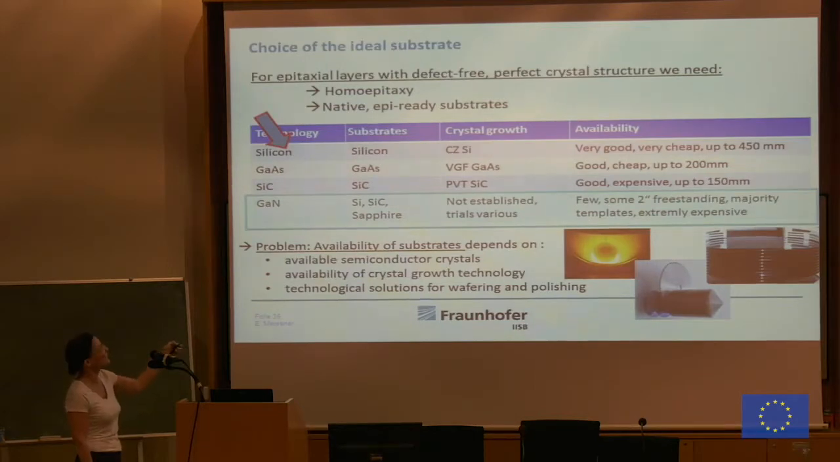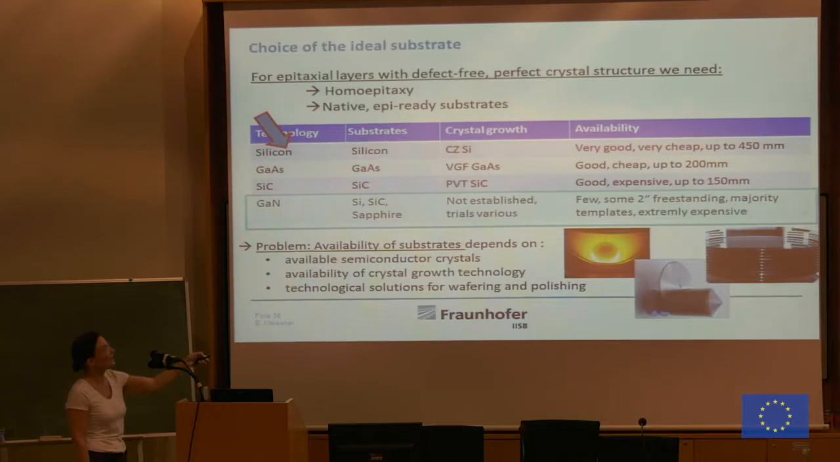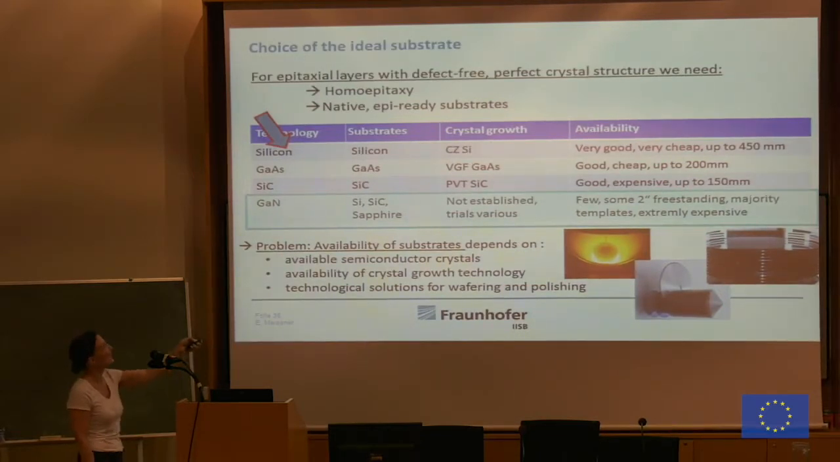Silicon carbide is grown on silicon carbide. Silicon carbide crystals are grown by a PVT process. It is good quality, it is expensive, but it reaches 150 millimeters so far. What you can also see is that the diameters are decreasing and the costs are increasing with the establishment of the crystal growth process. Now we have the poor gallium nitride, which is the most difficult one for